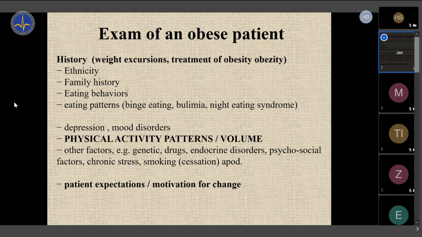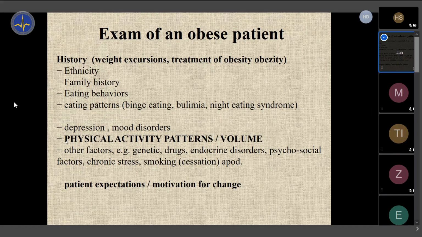We also ask about family history, of course, of obesity. I skipped this for this lecture, not important, but the genetic component is about 40 to 60%. So kids of obese parents have a higher likelihood of developing obesity, because there is not only lifestyle but also a huge contribution of genes, and ethnicity. Certain ethnic groups are more prone to obesity in the same environment than others, right? So this all goes about the genes and about the history.